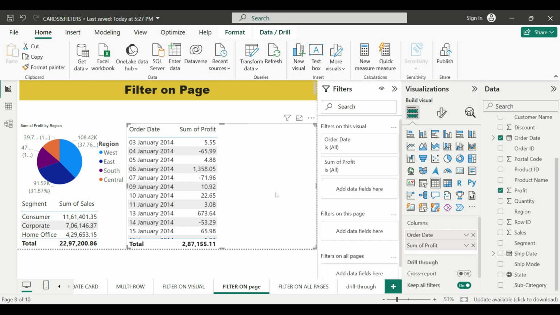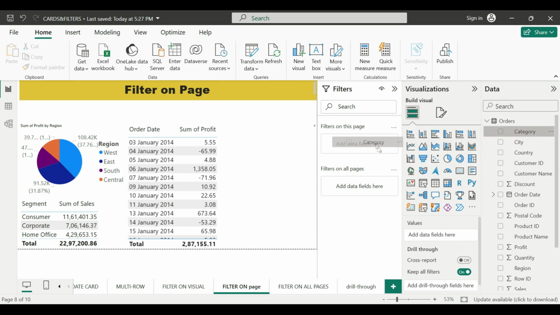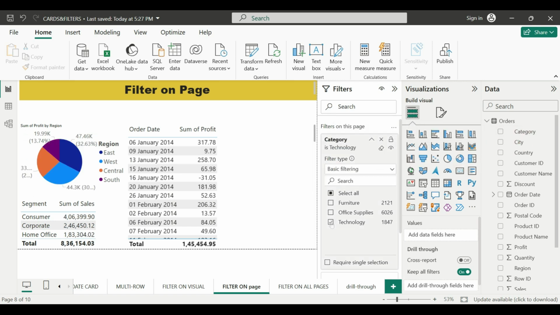Now the question is, if I want to see the entire page only for a category, let's say furniture, I click outside of any chart and then pick up this category, drop it into this box and select technology. The moment I click on technology, the entire page will show me details about technology.